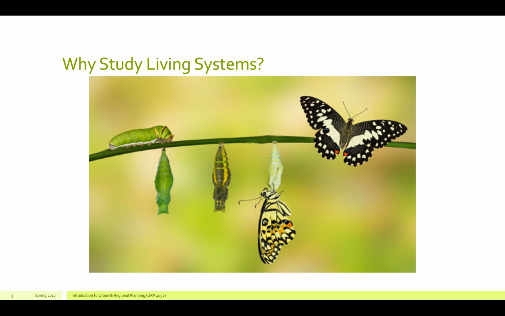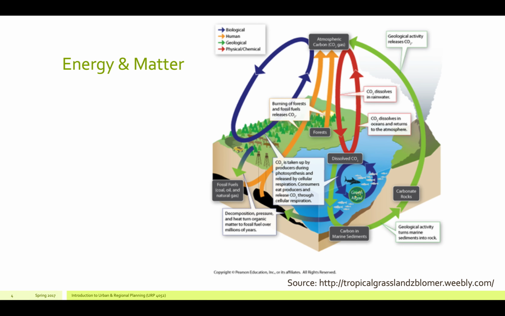Cycles generally happen on a scale that may be microscopic or very vast. So, as I mentioned in module number 1, a system is a whole which is made up of many parts and is constantly changing, as we've said. Now, the technical definition of energy is the ability to do work. Now, matter is the name given to all physical substances. It can be stored, it can be transferred, it can move around from one system to another.